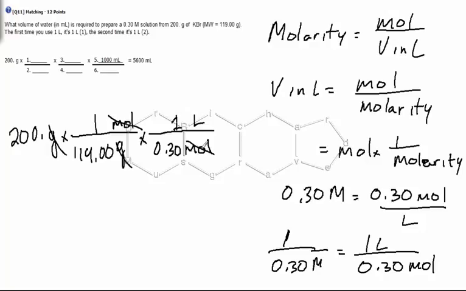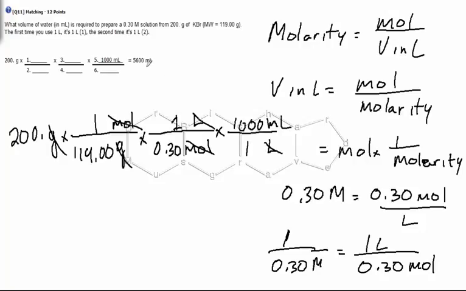I know there's a relationship here. To say there's 0.30 moles in 1 litre is the same as saying for every 1 litre there's 0.30 moles. So what I've done here is quite reasonable. Now the thing is, what I need here is a volume in millilitres. So what I'll do is I will get rid of the litres, so those will cancel. I want millilitres, so I'll put that on top. The relationship between millilitres and litres is 1000 mils is equal to 1 litre,